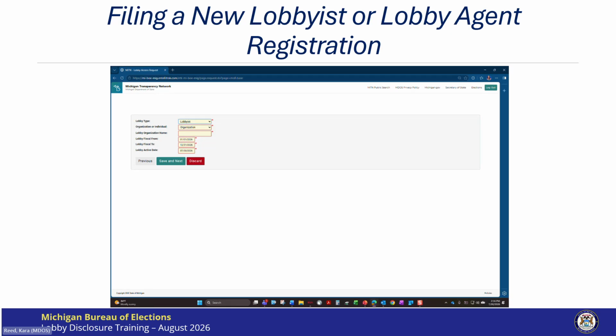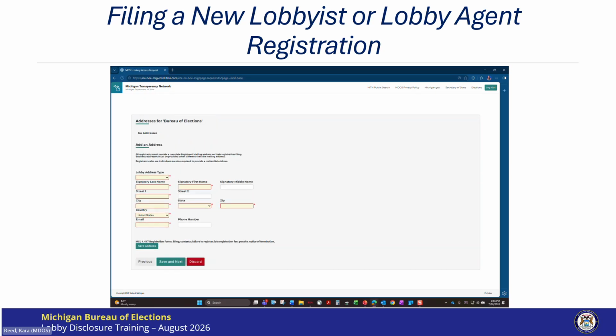I'm going to be registering an organization named Bureau of Elections. The last required field is the lobby active date. This is able to be edited, but I'm going to leave it and not make a change. Now I click Save and Next.